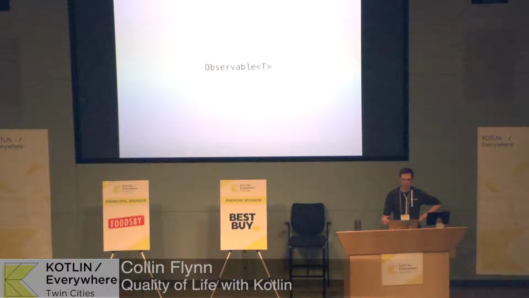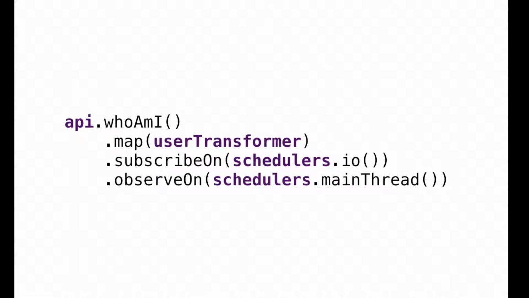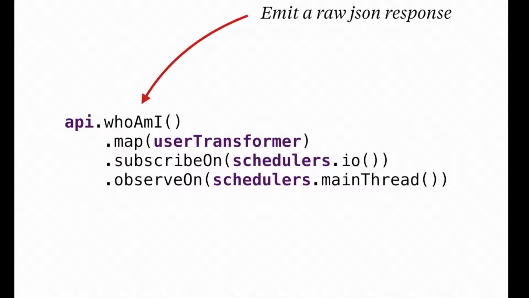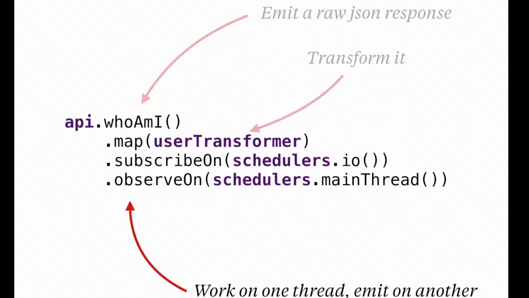For RxJava, that manifests in the distinctive chain look. So that is, I'm making some API call. I want to get a raw JSON response over the wire. Oh, and by the way, transform it. Make it a clean model object with some concrete types inside of it. And by the way, work on one thread, and then when you have the result, emit to me on the